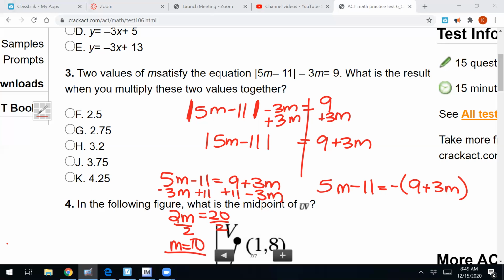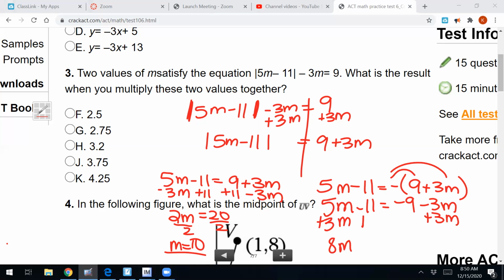Okay. And then for this one over here, the first thing I need to do is distribute. That's going to be negative 9 minus 3m. Start solving. I'm going to add 3m. That gives me 8m. Add 11. 11 and negative 9 give me 2, I believe. Divide by 8. So m equals 1/4 because 2 over 8 simplifies to be 1/4. 1/4 is also